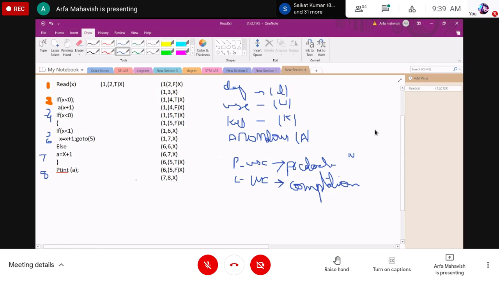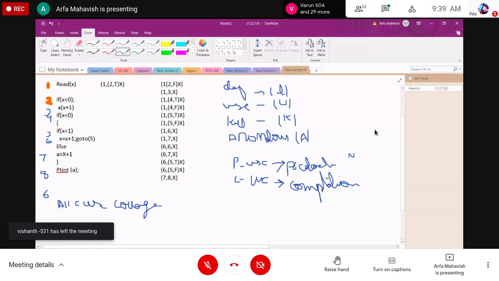So now I said there are six types. In the six types, the first one is all C use coverage. C use is nothing but computation.